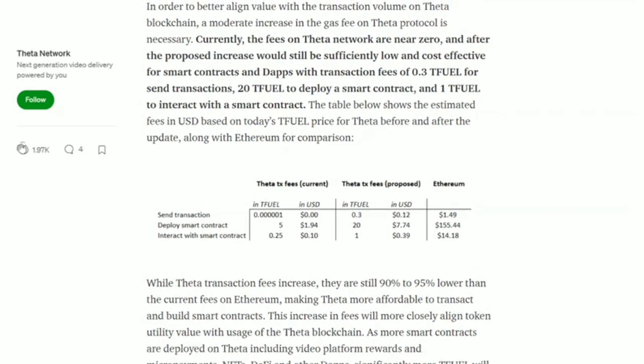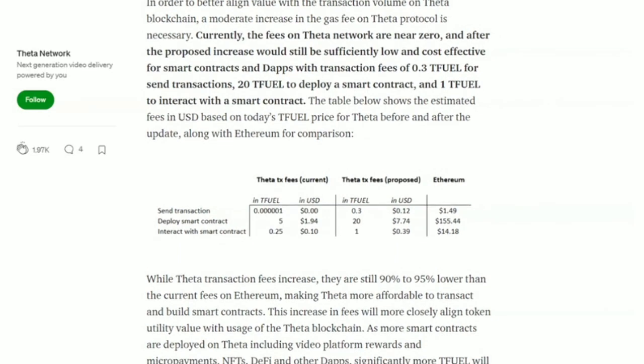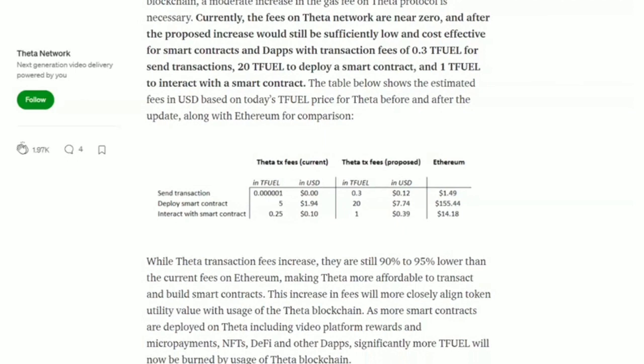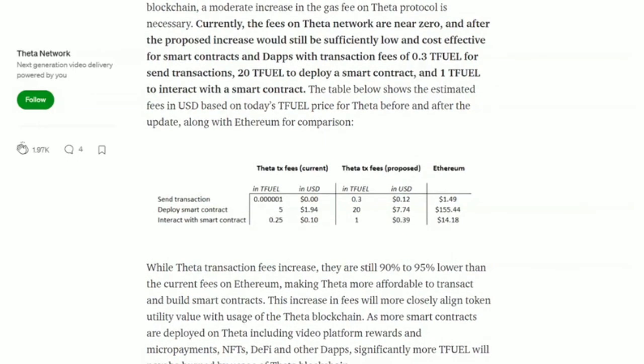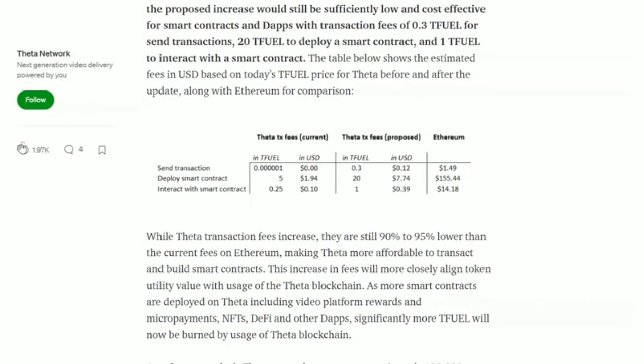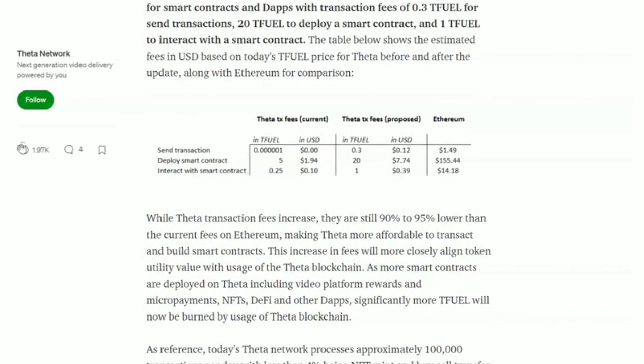Now, on the subject of those gas fees, currently the fees on the Theta network are near zero. And after the proposed increase, it would still be sufficiently low and cost effective for smart contracts and dApps with transaction fees of 0.3 T-fuel to send, 20 T-fuel to deploy smart contracts, and 1 T-fuel to interact with the smart contracts. Now, as you can see by the table below, this proposed increase would only add a dime, 10 cents to the price to send transactions